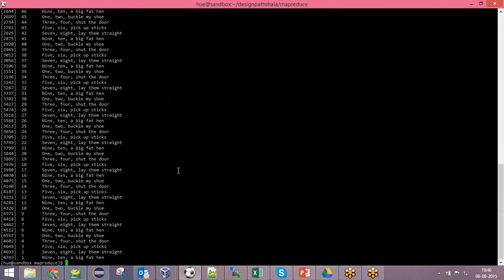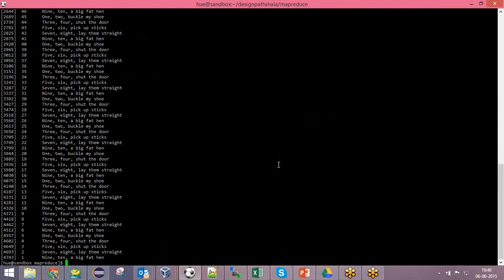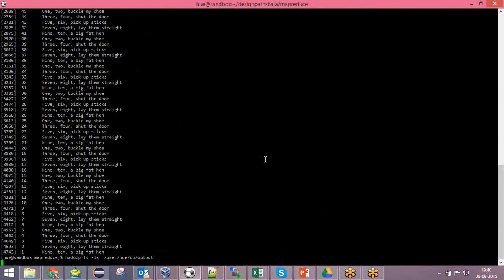Okay, so the file is created. Let's look at the file that was created in the output directory. If you look at this file which is created over here, Hadoop fs minus ls, and if I open this file, you won't be able to see anything. That's because it's a sequence file, and that's not exactly a text file. But you can see